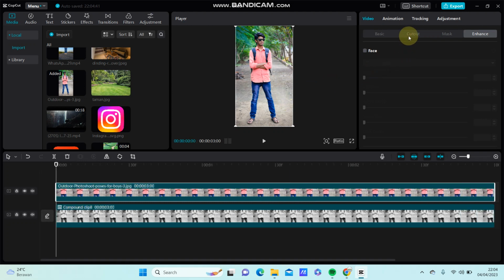Go to cutout, select auto cutout or remove the background. Here we go. So this is how you can make a black and white on the background only using CapCut